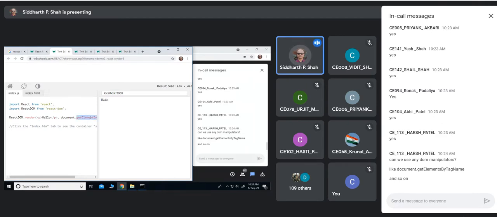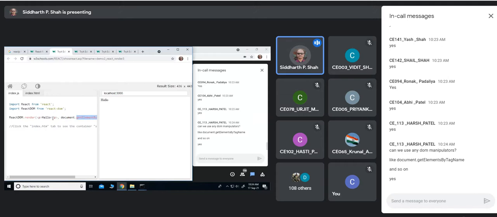You just want to get that element. That's it. But remember one thing, when you say get elements by tag name, there can be multiple elements, but you require only one element where you can render this. Okay. That is logical. So, okay, what we were discussing.